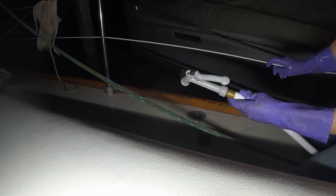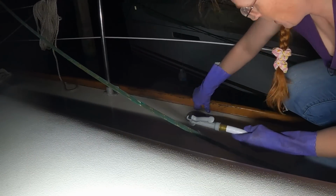There. Woo! Got that one coming out the vent lines as well. So now we can go back inside. Damn skeeters. Let's go back inside and now start to run this bleach water solution through the various lines in